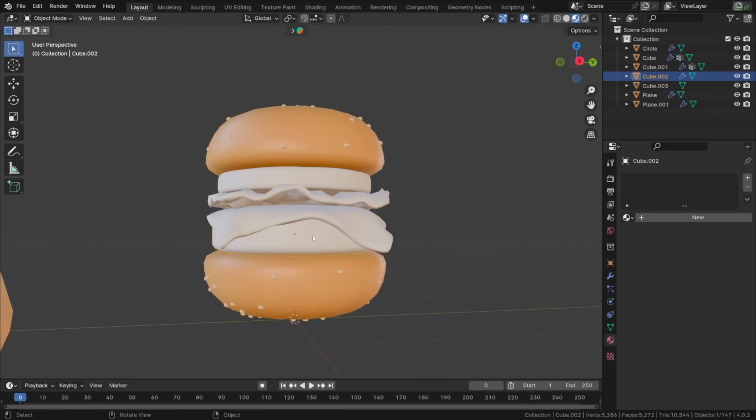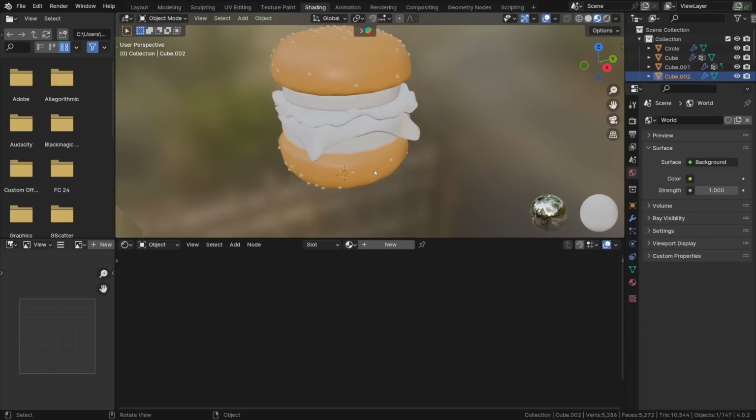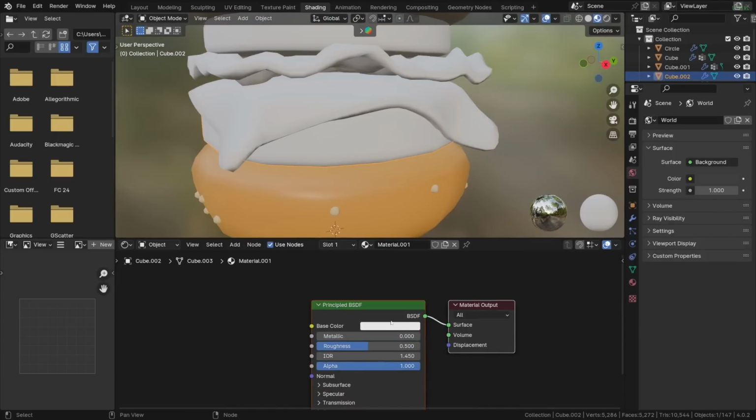Now for the body, we can go to shading because it's gonna be a bit more complex, which actually reminds